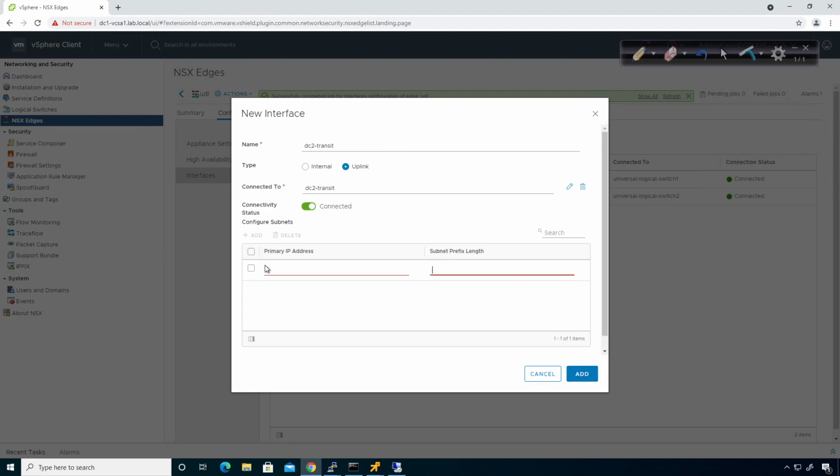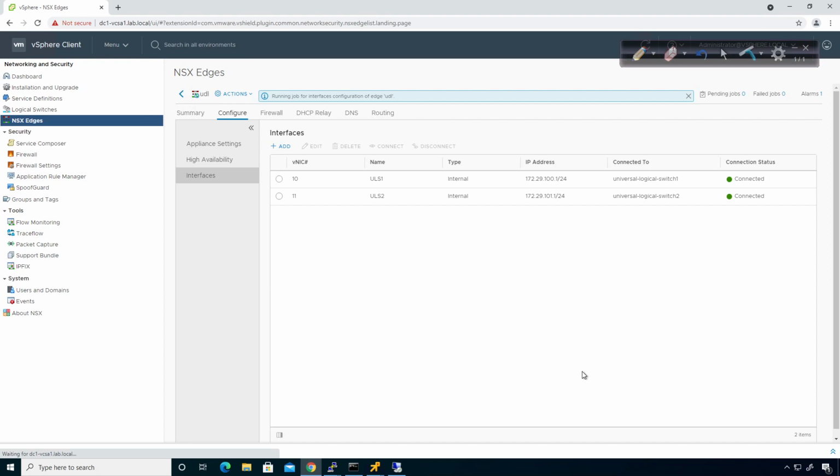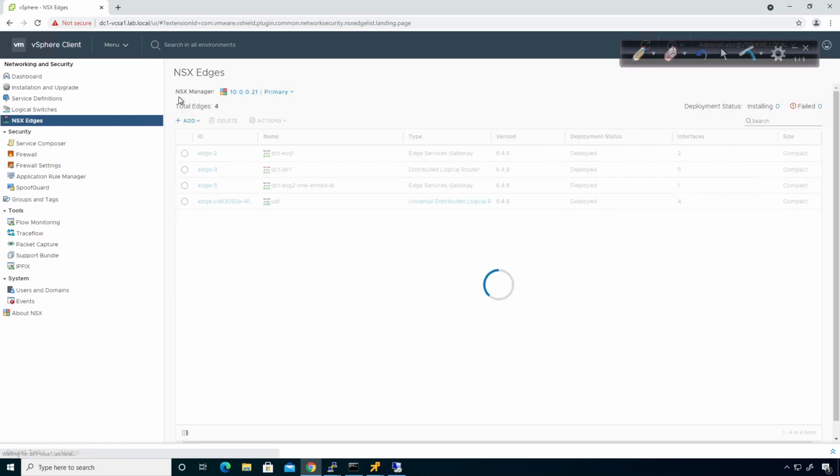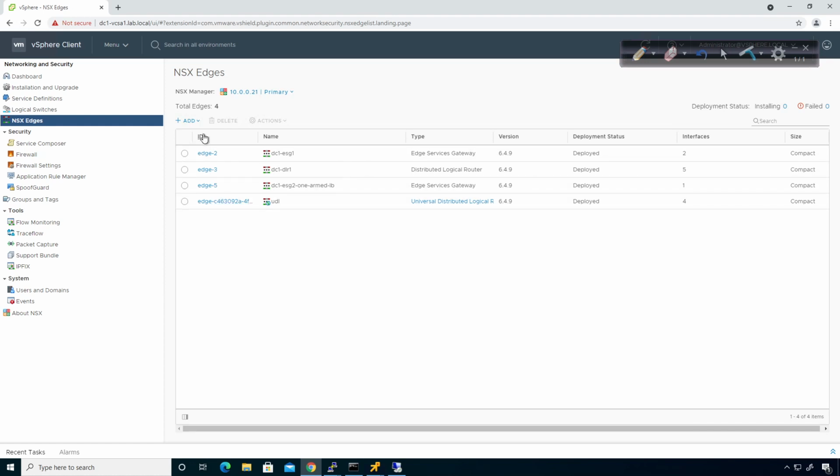I'm going to add. Come over here. This is going to be 172.29.13.2/24. Click on add. Alright, so once that's done, we'll be in good shape there. Give that a minute to do its thing. So right now I've created my logical switches, and on the UDLR I have connected my universal logical switches for DC1 and DC2-transit accordingly. I'm going to back this stuff up a little bit,